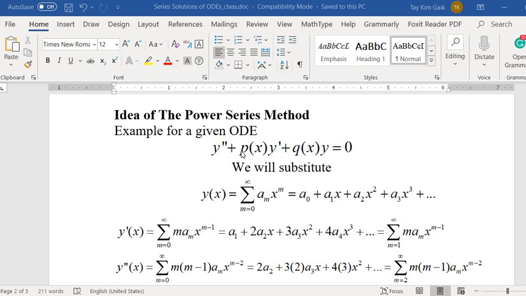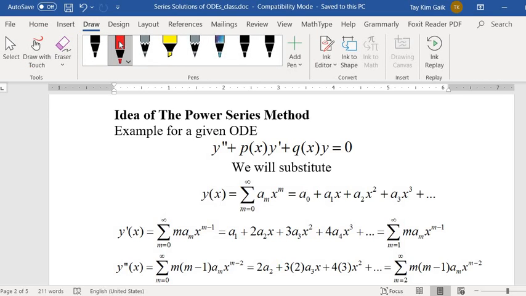Okay, good afternoon. We are going to look at how to use power series to solve the ODE. For example, here we have the second order differential equation y double prime plus p(x) y prime plus q(x) y equal to 0. For power series solution, we assume y(x) in terms of a power series,